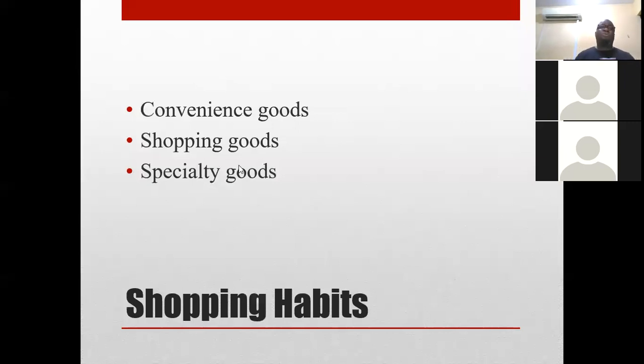Shopping goods are the ones that you probably have to go to the supermarket for, and you may not necessarily get them in your local area. You might have to go to a little bit of trouble to get it. Then specialty goods are goods that are made to measure. You understand? So things like custom-made furniture,